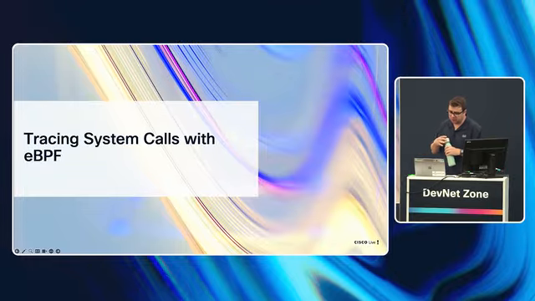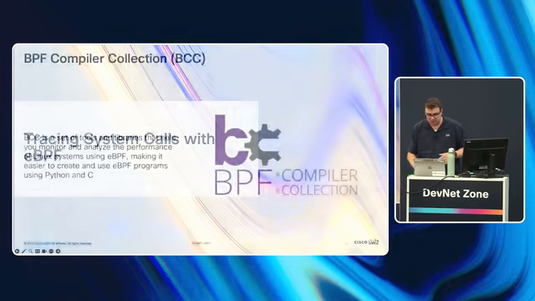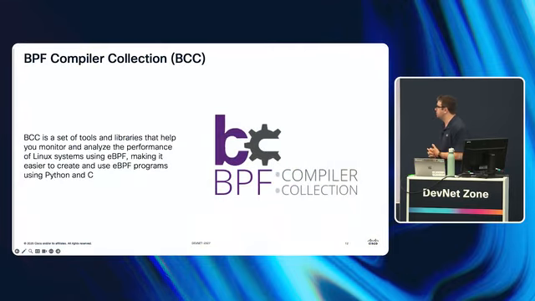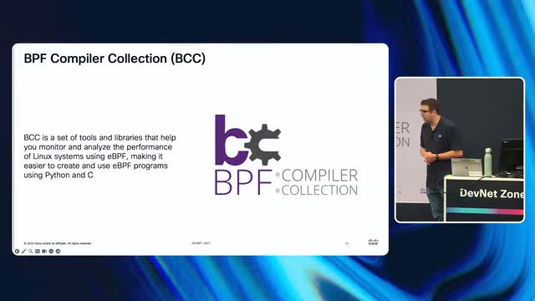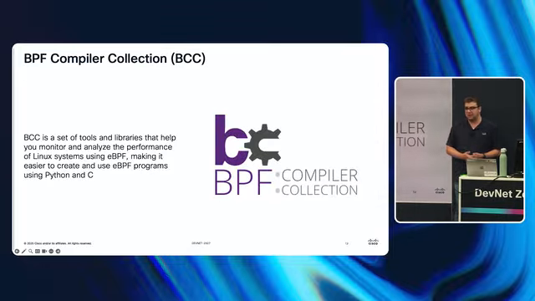And we're going to start with tracing system calls with eBPF. For the first couple of demos, I'm going to use a tool called BPF Compiler Collection, also known as BCC. It's a very easy to use toolkit that has a ton of eBPF-based features in it. A lot of things are built and ready to go. You can invoke these from the command line very easily, which I'll show you, or you can build them into